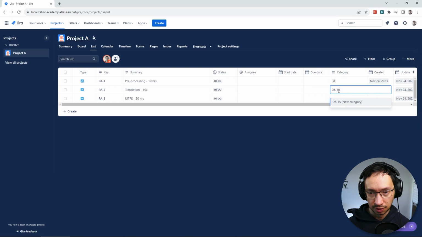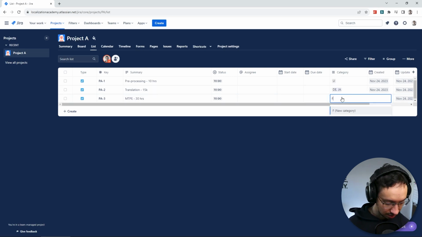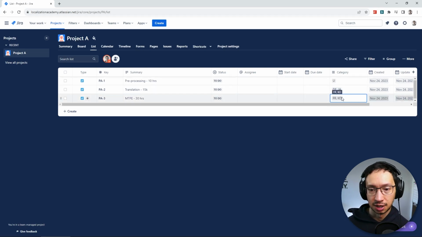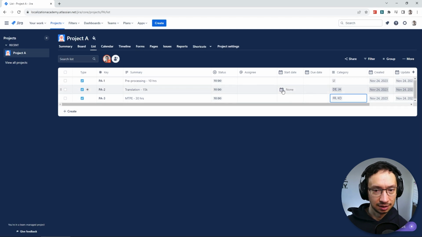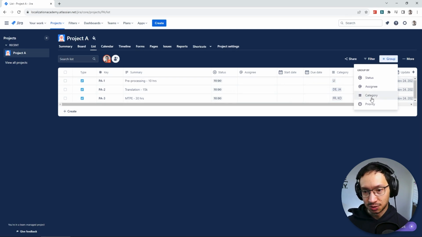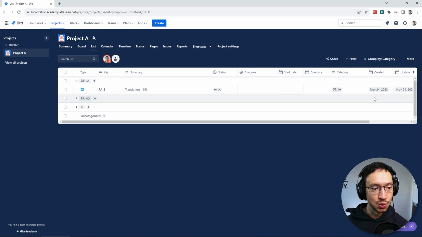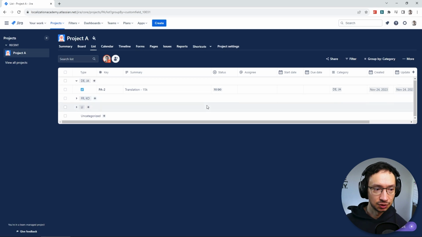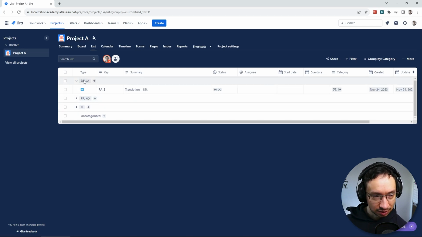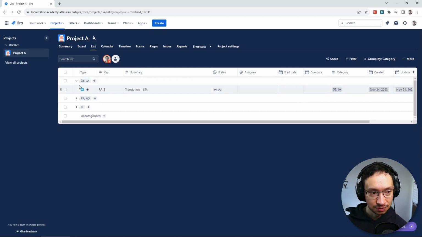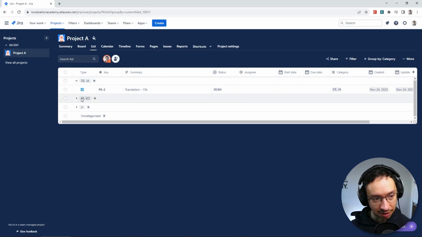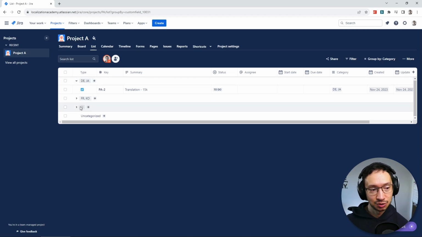category. This one we're going to say it's German, Japanese, and then finally we have French and Korean. As always, let's group it by this category, which you can do because the category is another default Jira field, and you end up with this thing. So as you can see, it is sorted alphabetically based on the values. So D goes before F and F goes before L, but we actually want to have language independent at the